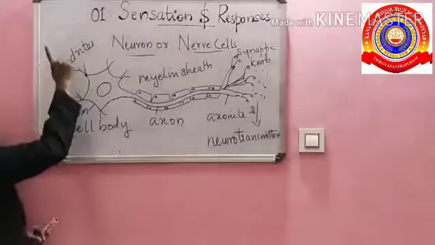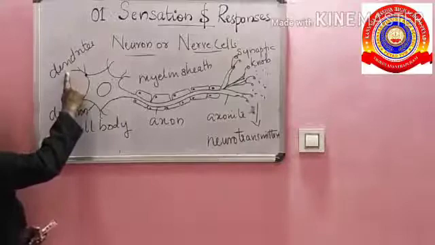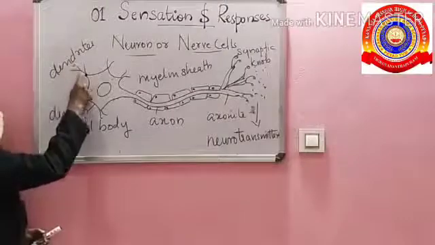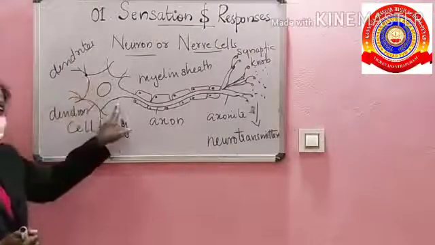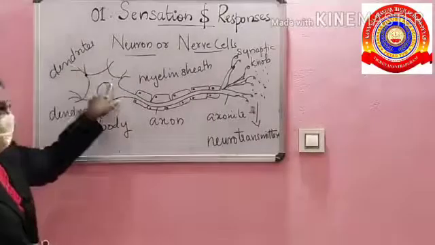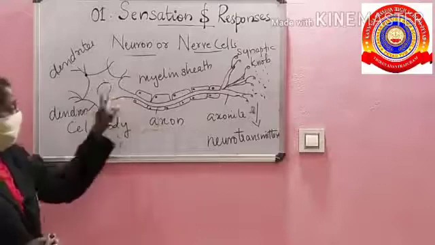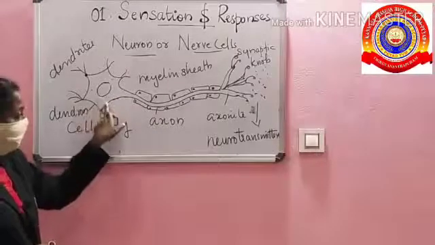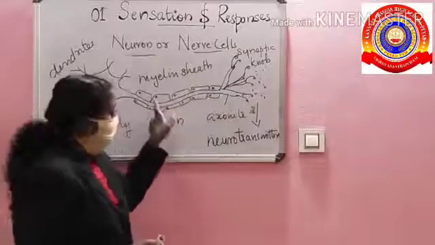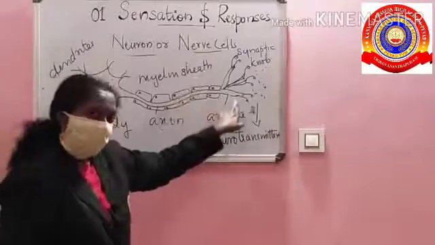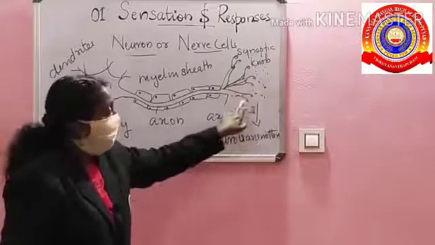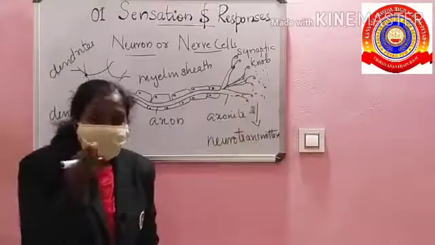Once more. The impulses first of all reach the dendrites. What does the dendron do? It carries impulses from the dendrites to the dendron. What is the cell body doing? It carries impulses from the dendron to the cell body. What is the axon doing? It carries impulses from the cell body along the axon. What is the axonite doing? It carries impulses from the axon to the axonite. When the impulses reach the synaptic knob, what happens? They secrete a chemical substance, just a fluid-like substance.